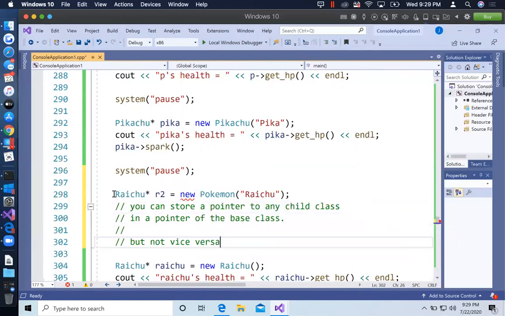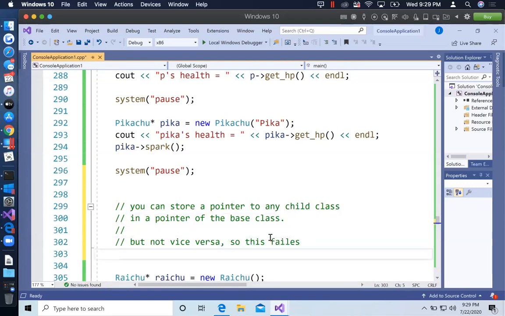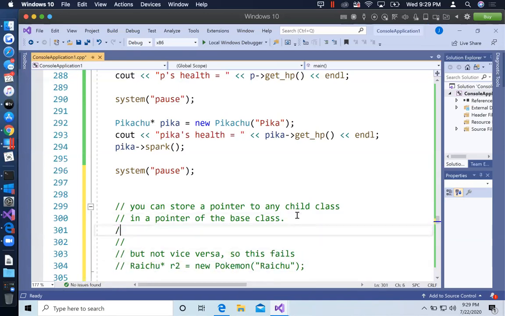So that's not going to work. Can't do that. How about I spell correctly? So this is an error, but it's okay to do the opposite, right? We could say Pokemon